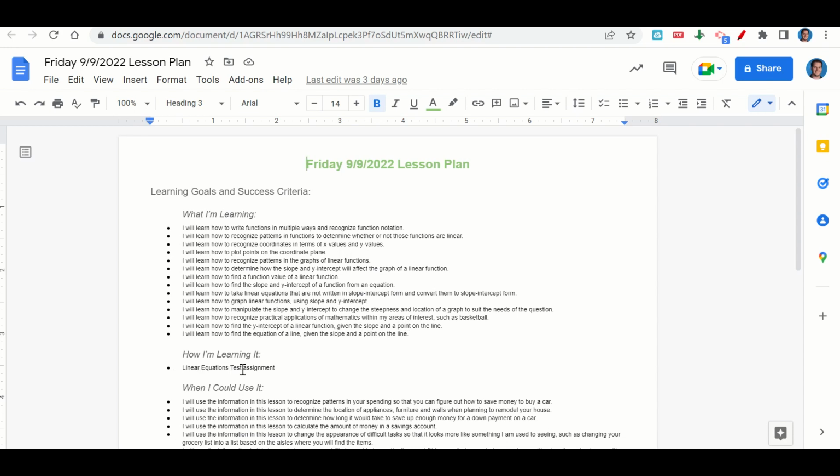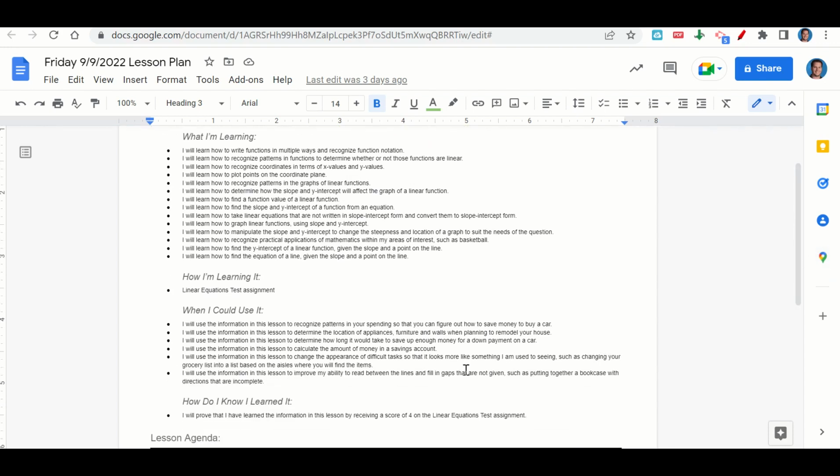How are we learning it? Through the linear equations test assignment. When can we use this information? To recognize patterns in your spending so that you can figure out how to save up enough money to buy a car, to determine the location of appliances, furniture, and walls when planning to remodel your house, to determine how